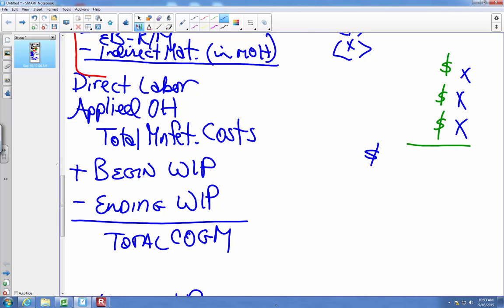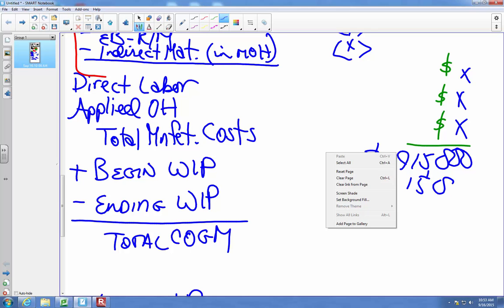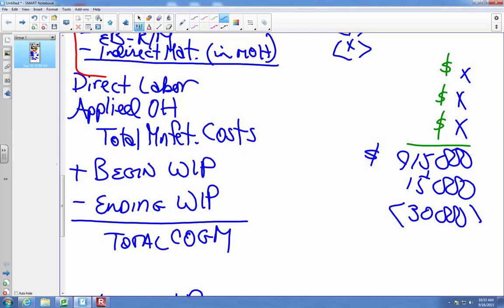How much were my total costs? Direct materials plus direct labor plus applied overhead? 915? Is that the end of the story? No, you've got to add beginning WIP and subtract ending WIP. And I'm going to pull those straight from the T accounts. Right? Cost of goods manufactured,